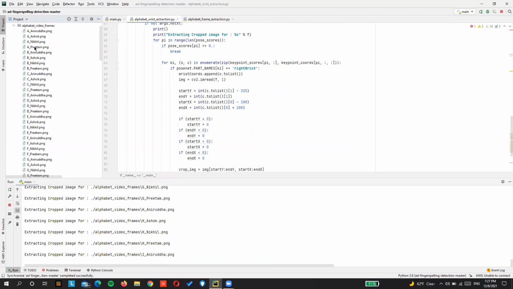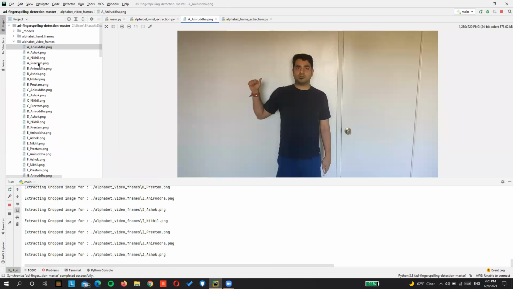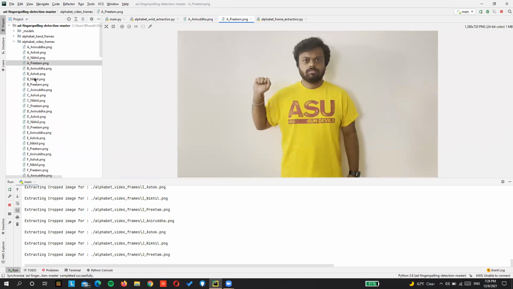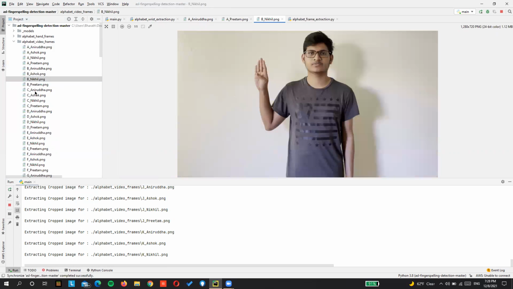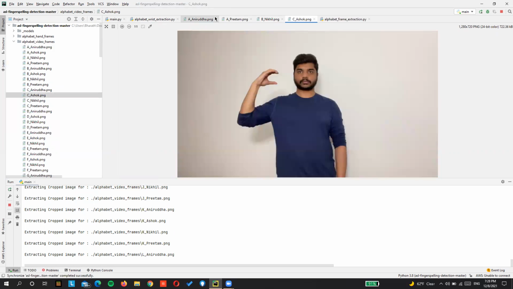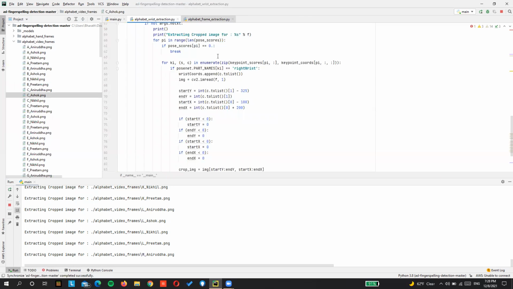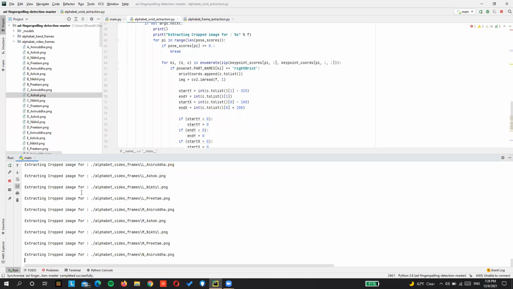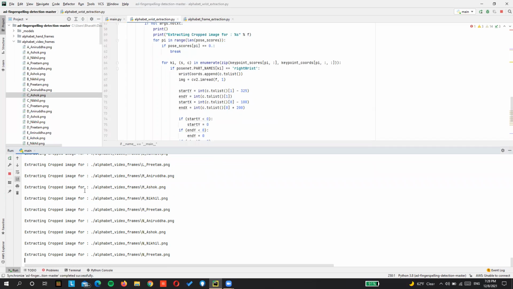Right. If you can see the alphabet video frames folder, you can see that there are frames extracted from all the videos. And as you can see from the logs, the list extraction file is extracting the cropped images for all the frames under the alphabet video frames folder.